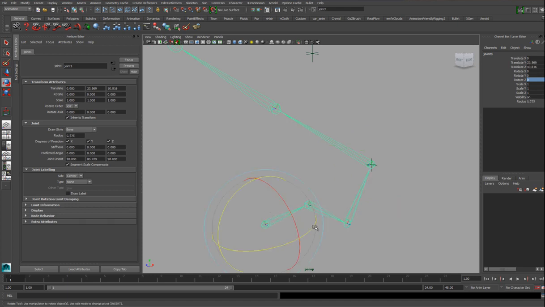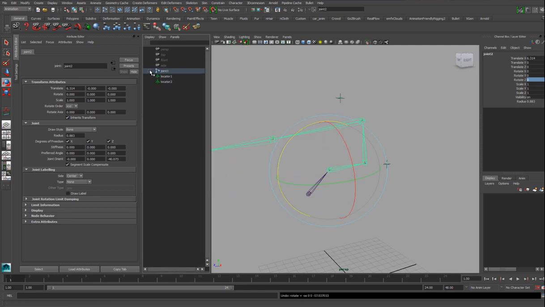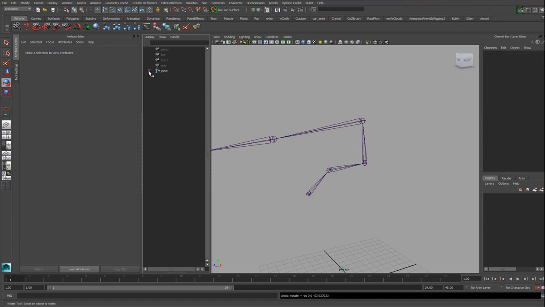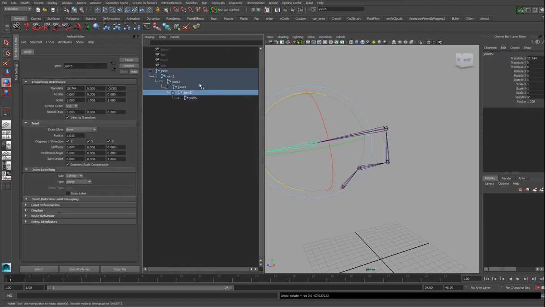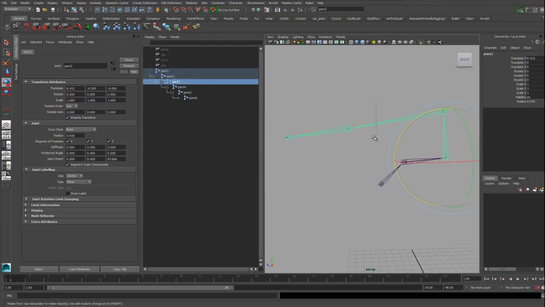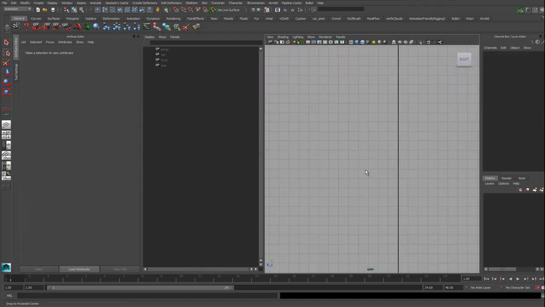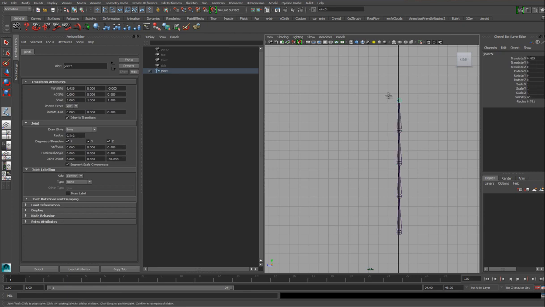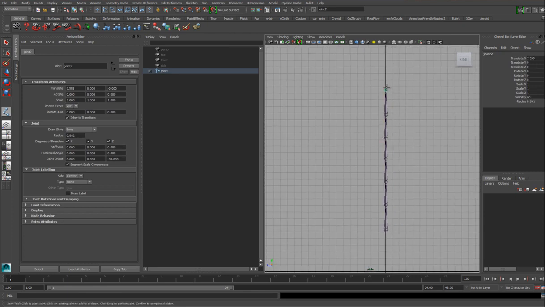Other than that, you'll notice that this joint chain is a parent-child hierarchy, as I've probably said already. And if we come to the outliner, just delete those, we can see that hierarchy here. Okay, so this is the parent joint, its child joint, then its child joint, and so on and so on. If I select all of these, just make that smaller. Actually, I'm going to draw a different chain so it's cleaner. I'm just holding down the shift key here just to create a straight joint